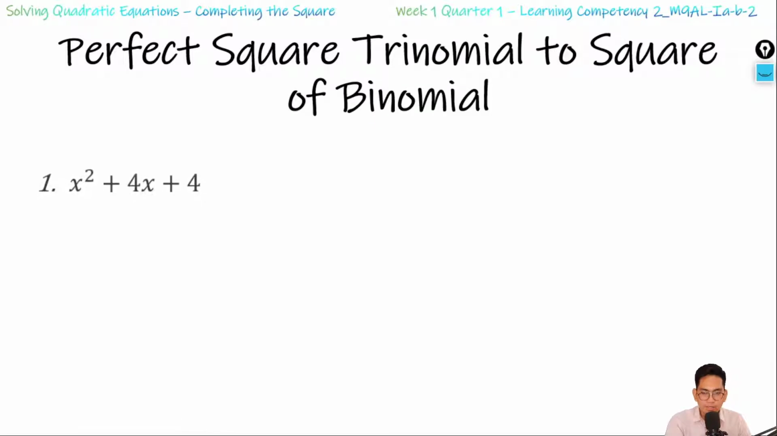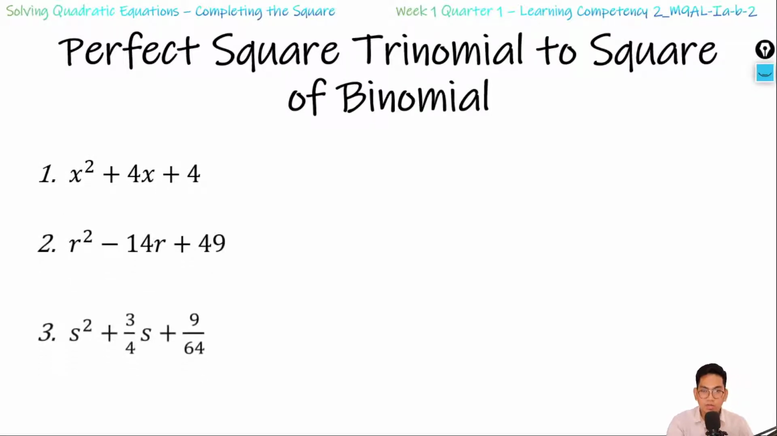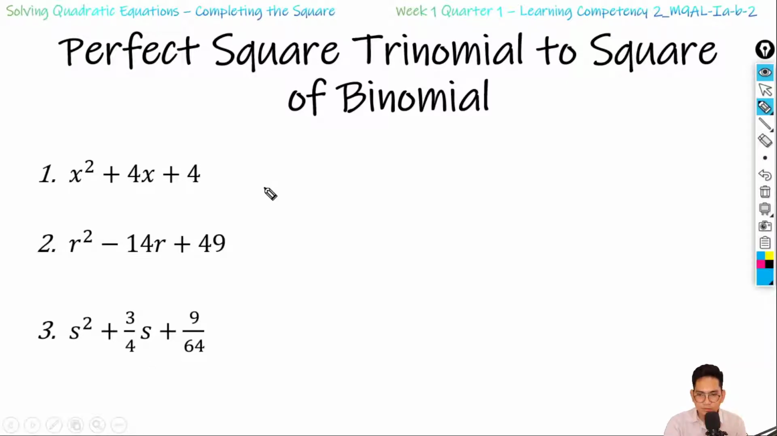For our first activity, perfect square trinomial to square of binomial. We already encountered these perfect square trinomials that can be written as the square of a binomial in the last video. In writing these expressions as a square of a binomial, we just have to consider the first term, which is a perfect square, get the square root of that, get the sign of the middle term, and the square root of the third term,